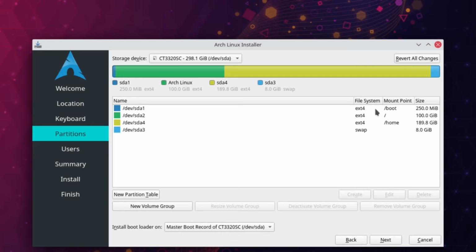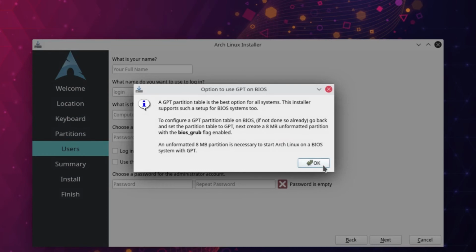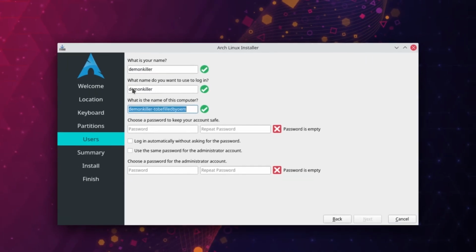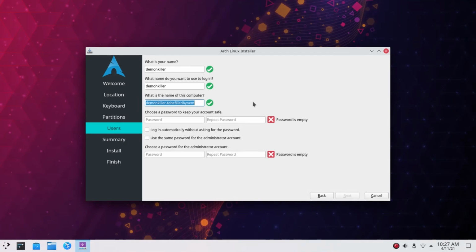What we are doing here is just reinstalling the boot partition, and then click on next. Over here it's important to take note that you want to put the same username as it was before. The name of the computer can change, so I can just type in something like bootloader. I had typed in pure in the previous video, but that doesn't matter. The username has to be the same, otherwise the themes and settings will go away and you will get back a fresh environment. You can obviously still access your files and folders, but make sure you keep the name the same.